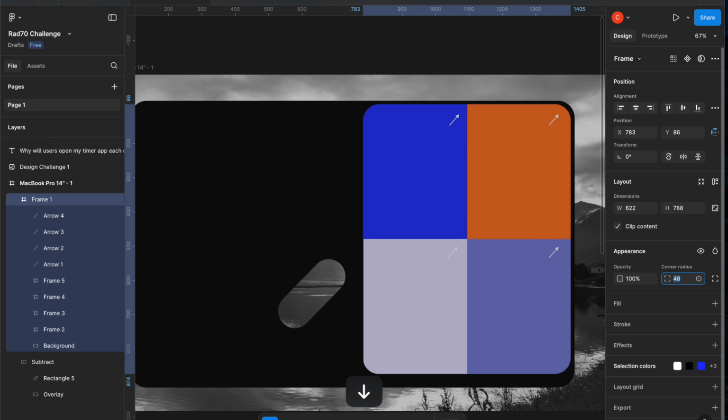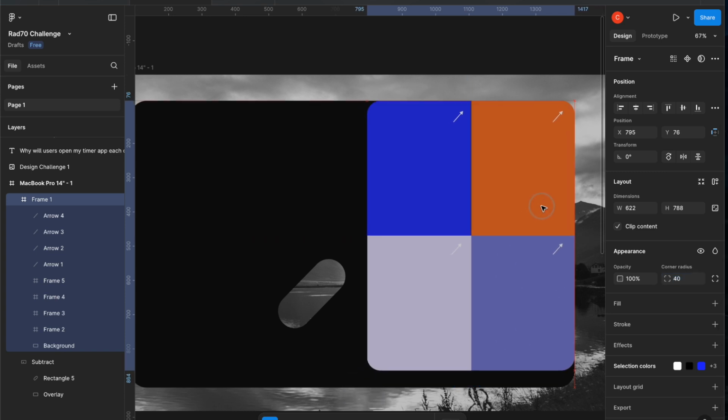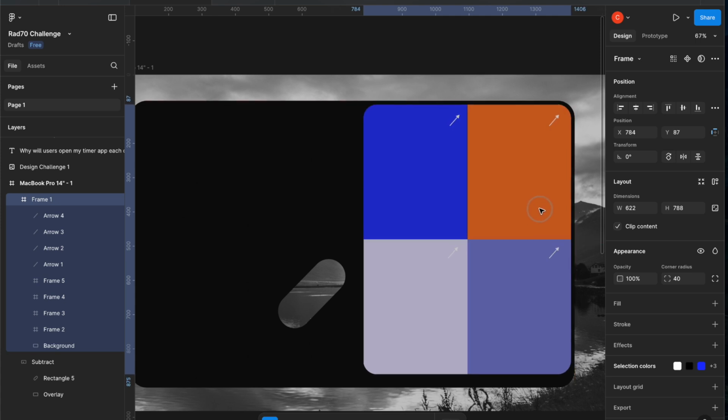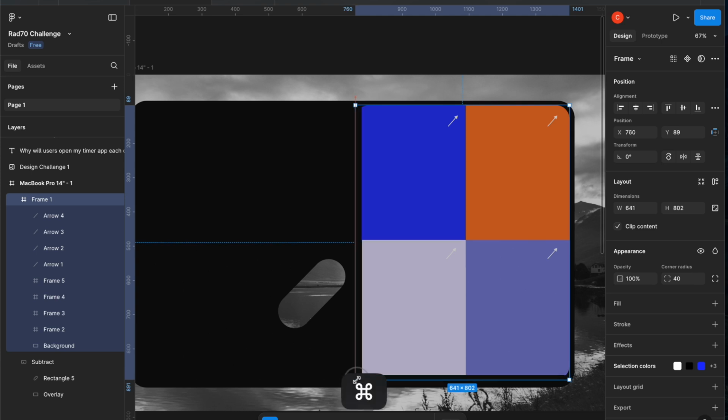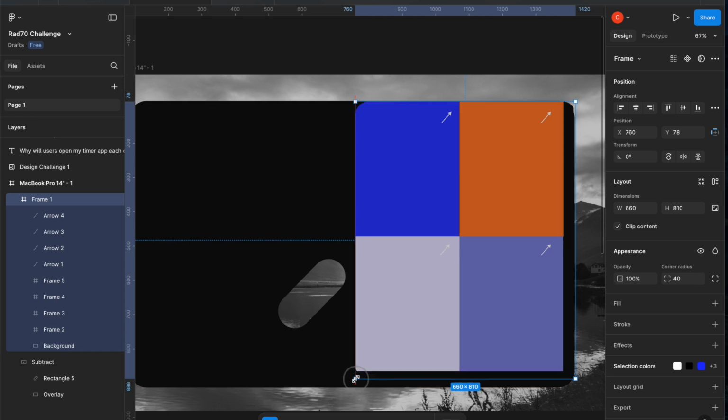Oops, I need to go lower. There we go. That fits inside of there a lot better than having the same radius all the way around for both of those. And then, okay. I think